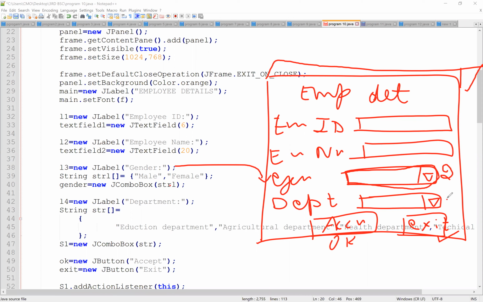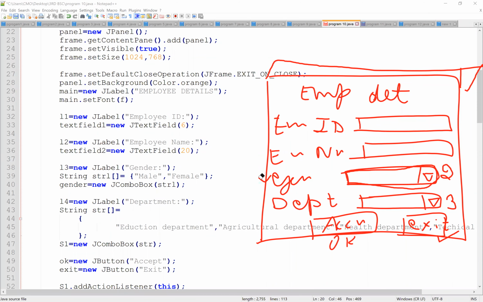In department we have 3 or 4 options, that's why we are using a string array. In this array we are using male and female. After that we just added gender is equal to new JComboBox str1. This creates our gender JComboBox.